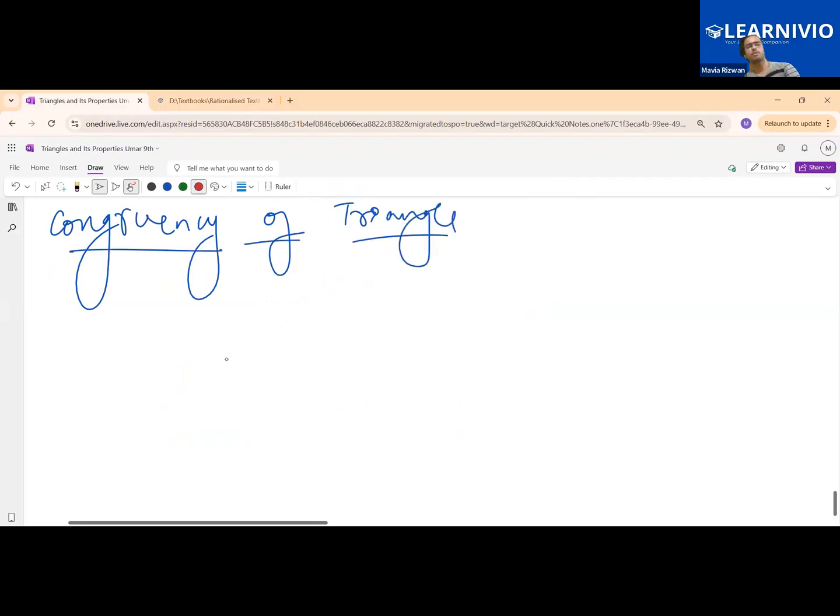Suppose I have two triangles, this and this, and I say that they are congruent. So when I say they are congruent, this congruency means that